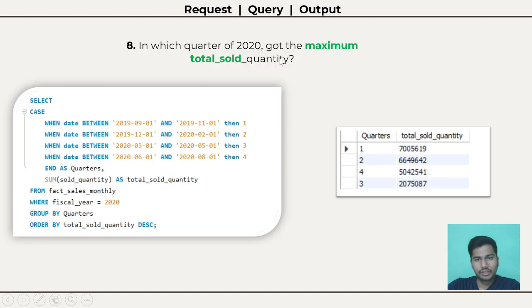Now the eighth request was to find the maximum total sold quantity, and that should be quarterly of the year 2020. So in the query we use case function, and here we can see that the month September, we use quarter 1, and here the March month is the quarter 3, which I told you in the last request. I also use sum function, and the fiscal year that should be 2020. The result which we got,